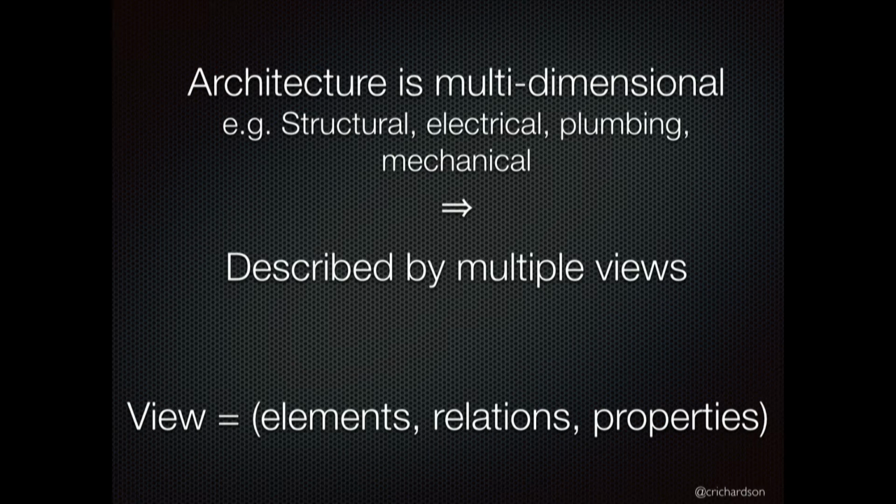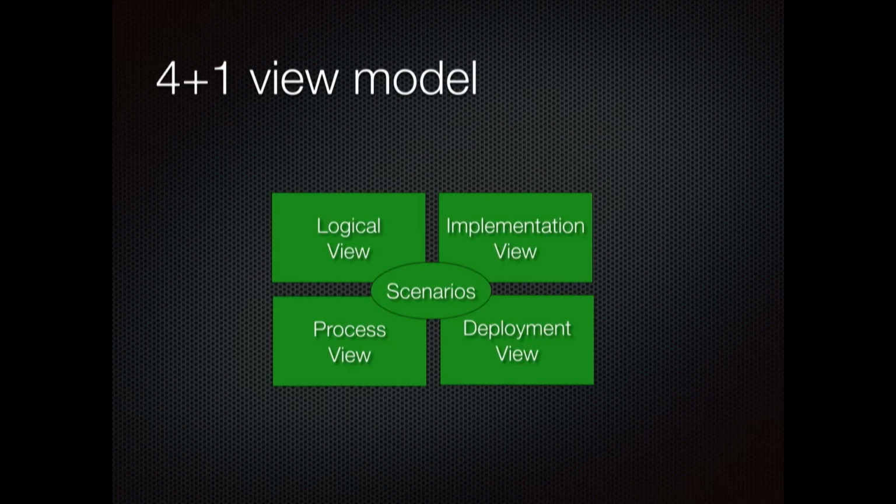And the classic kind of view model for software architecture is this 4+1 view. Just out of interest, who here has heard of it before? I don't know if you have to have gray hair in order to have heard of it, but I think it's from like 20 odd years ago, and it was talked about, and then I feel like it faded away, and I only started thinking about it within the past year. But basically, it's saying in order to properly describe the architecture of a software system, you need 4 views: the logical, implementation, process, and deployment view.